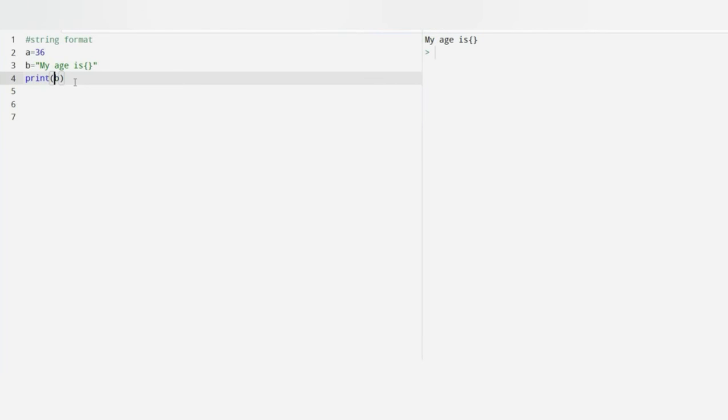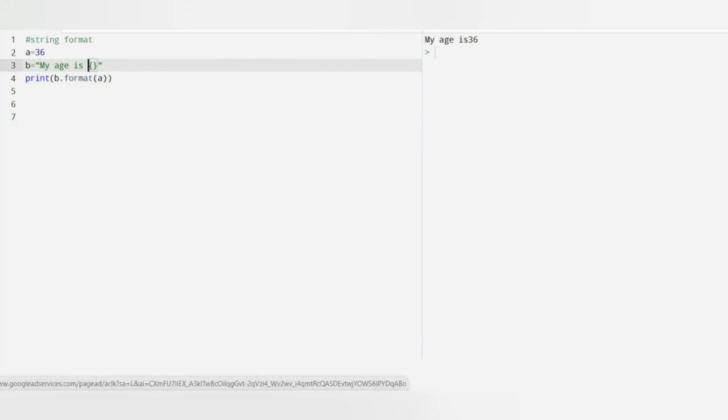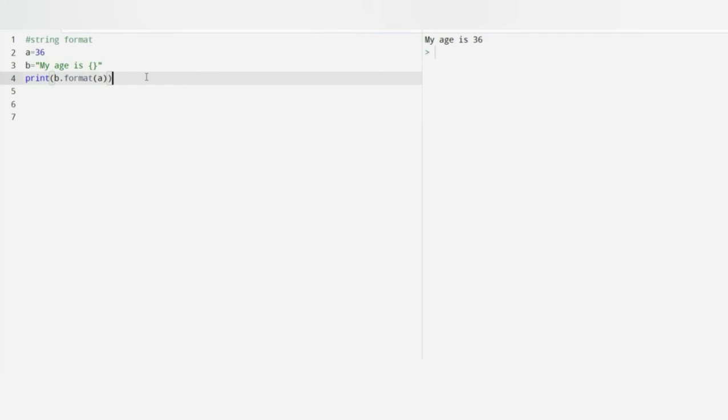I need to hold the integer in that place, that's why I put the placeholder after the word is. I need to change the print statement: b dot format. Format is a method of b, because b contains the whole sentence, my age is 36. The output is printed.